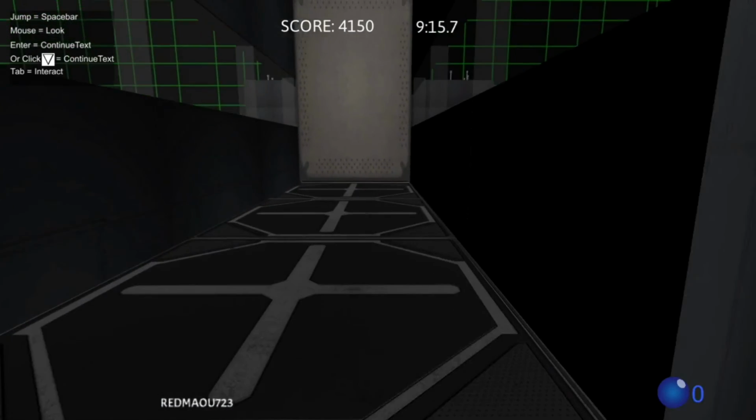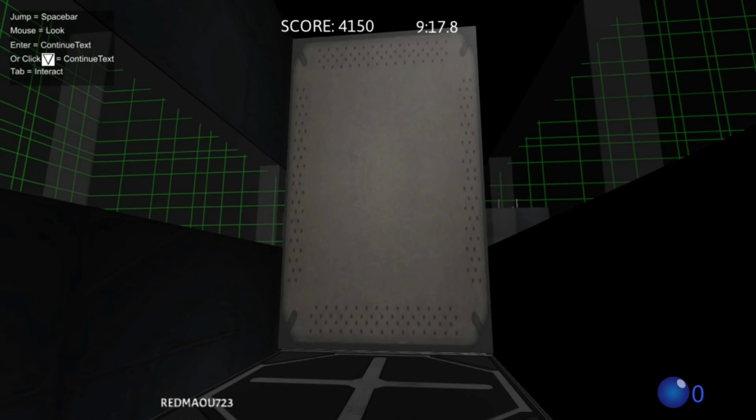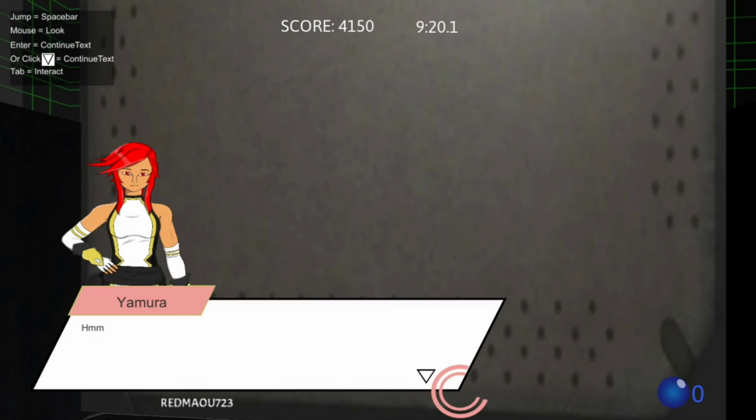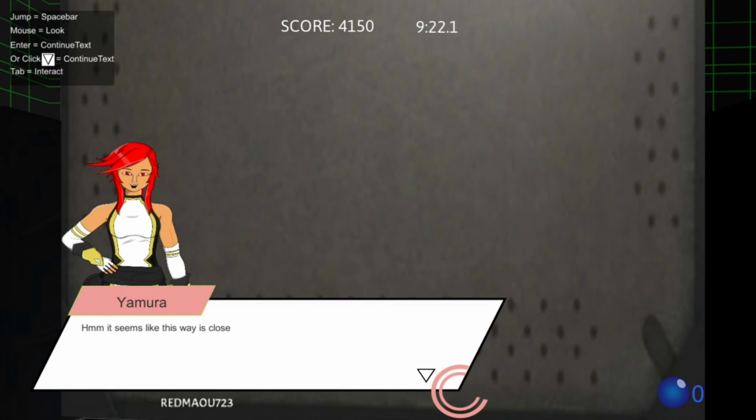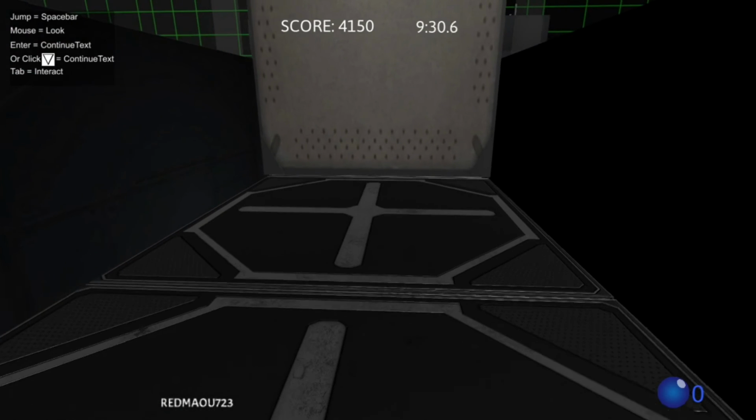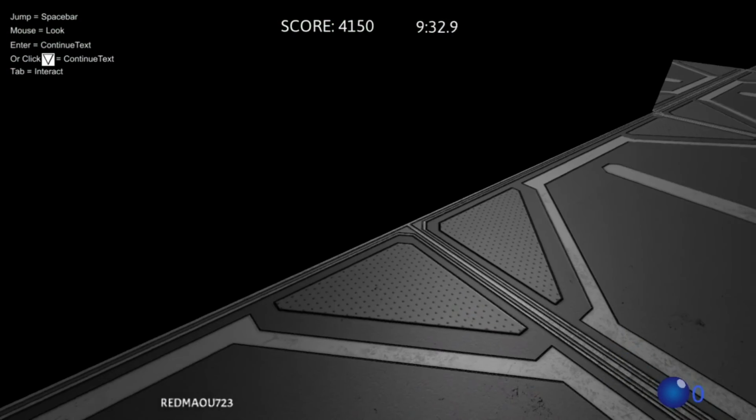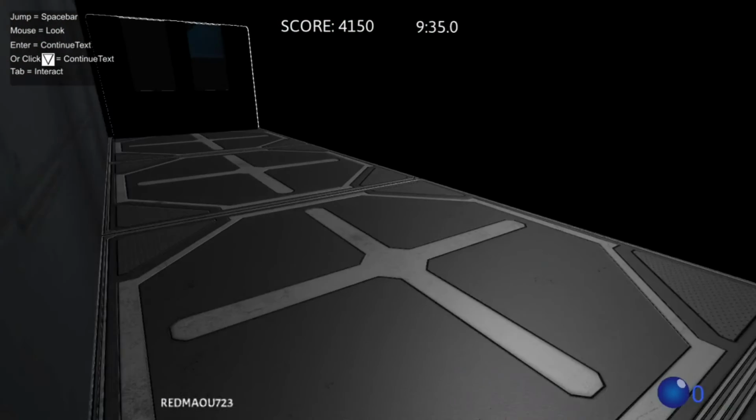So one thing different is that there's something blocking the way. I wonder if there's a way around the wall. So basically, you can't progress. You have to look around to see if there's another way around this exit. So you're gonna come through here,